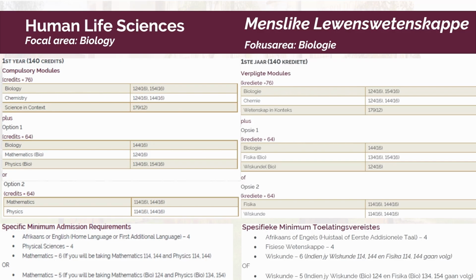This is option 1. Or option 2, full maths 114, 144, physics 114, 144.